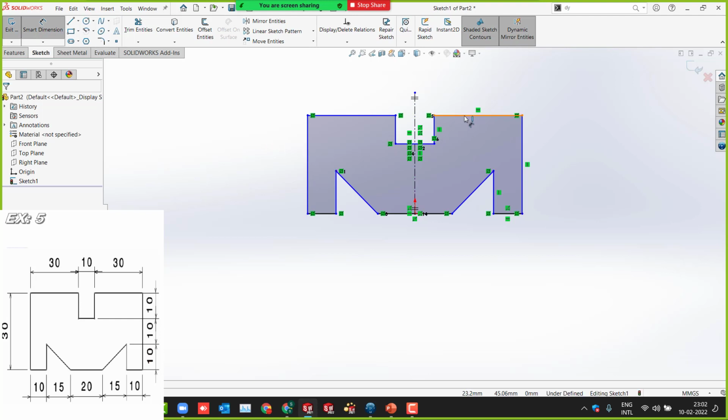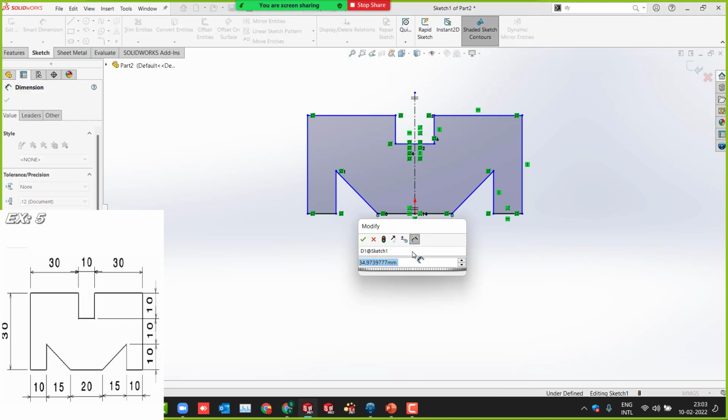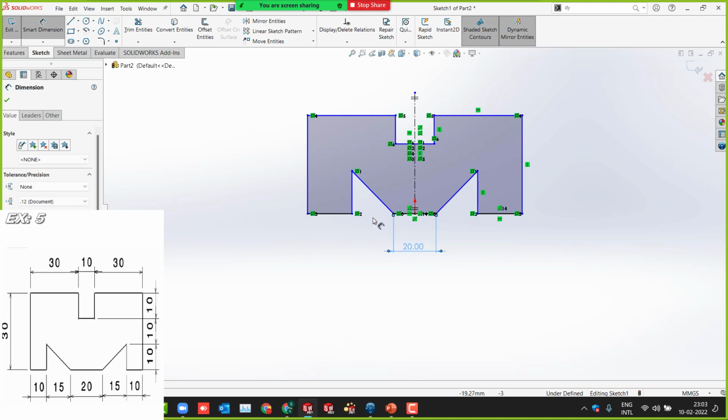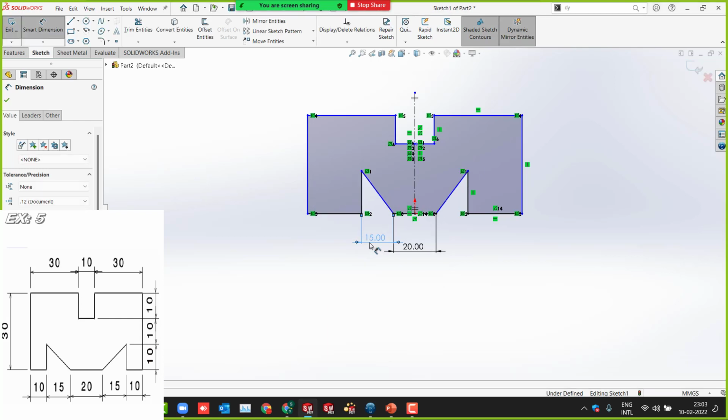I'll define the dimensions. So first thing is I'll define the smallest one. This, how much is it? It's 20. Good. And then what about this from here to here? Sorry. 1.5. Yeah, it is 15, right? 50. Yes.